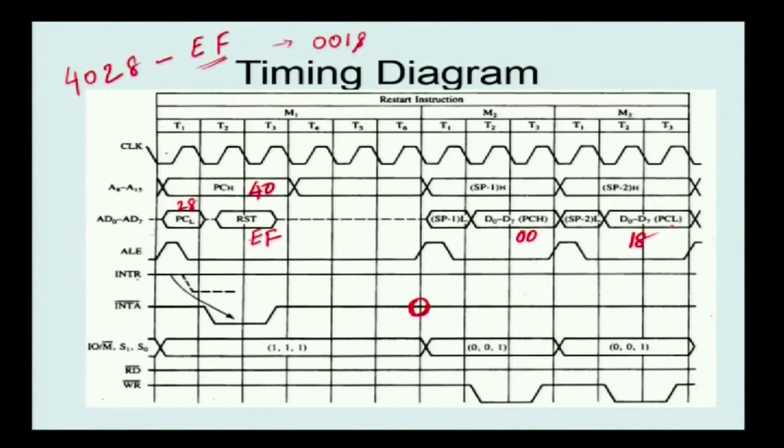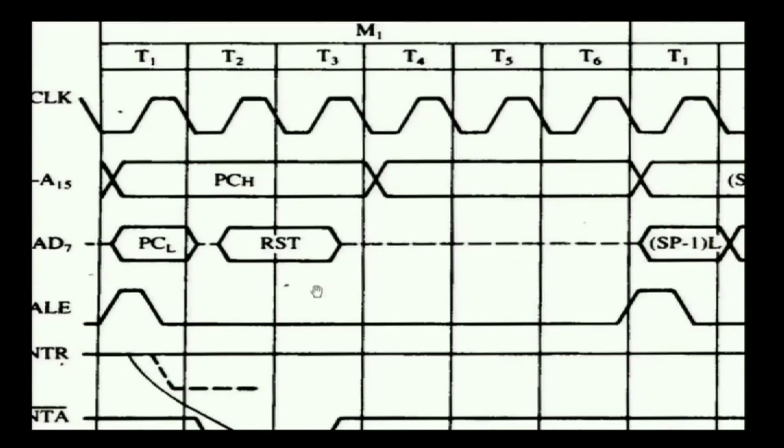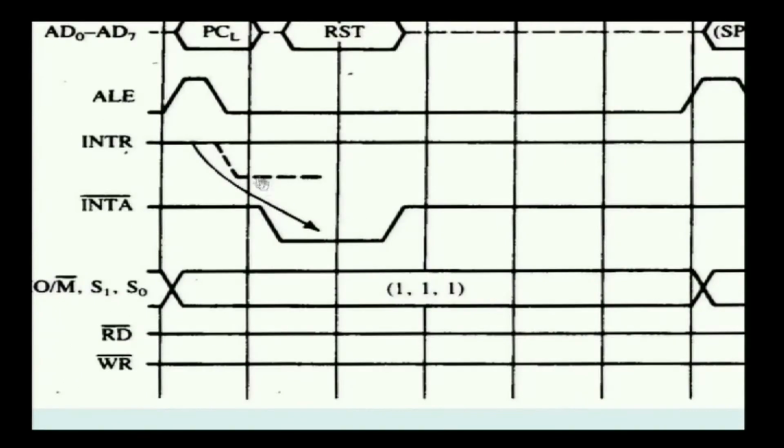So, this is the timing diagram. This is the M1 cycle. The M1 cycle consists only of the opcode fetch. So, the opcode of the corresponding instruction is fetched, the interrupt is identified, then it activates the acknowledgement signal. Once the acknowledgement signal is active and received by the peripheral device, now the peripheral device has to generate the address. So, for that it has 2 remaining machine cycles.